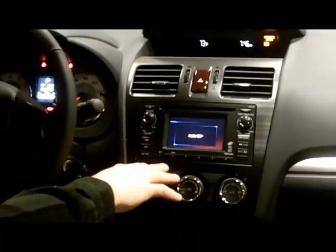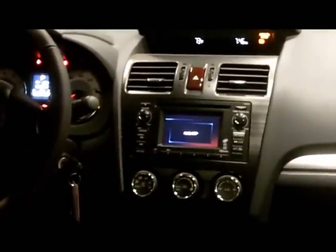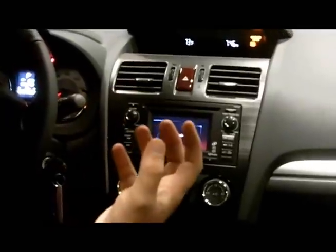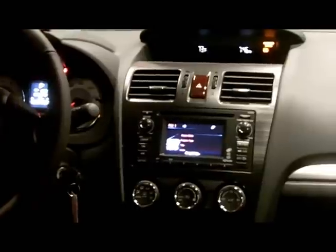Now in the limited editions, they are coming with the HD radio. I'm always asked, well, what's better about the HD radio over the traditional radio? And the best way I can explain that is, do you remember when we went from cassettes to CDs? I might be dating myself there. Or even VHS to CD or DVDs? Well, that's the quality difference that you're going to get with the difference between the radios. The HD radios just pick up the radio signals just a little bit stronger and puts them through a little bit clearer. But the most important part, and I'm going to use our local station here in Vermont, the VPR,